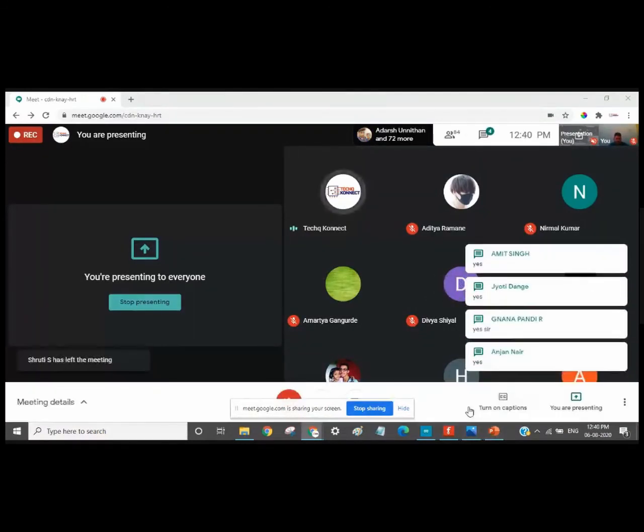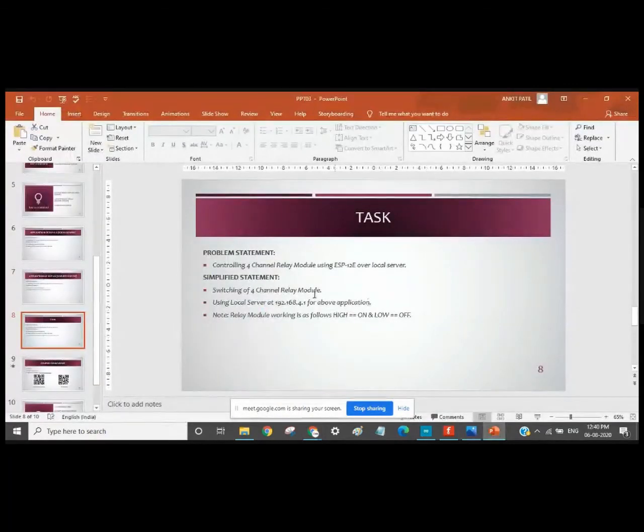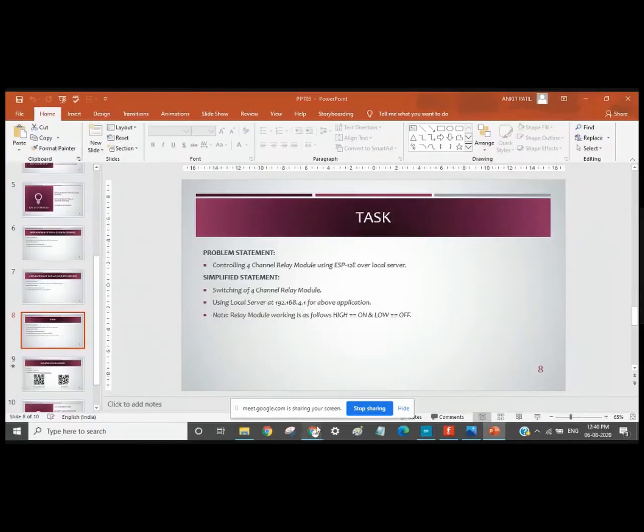Okay, so we will start. Again, I'll start from the beginning. See, we have 4 relays here. The statement was that the logic will be opposite. For the earlier examples, we had used a logic where high was off and low was on. Now the logic has reversed, that is, high is on and low is off. So what we will be doing here is